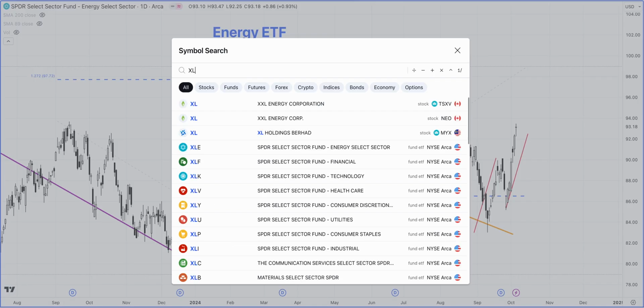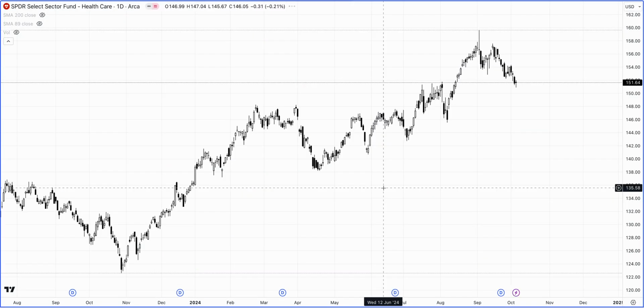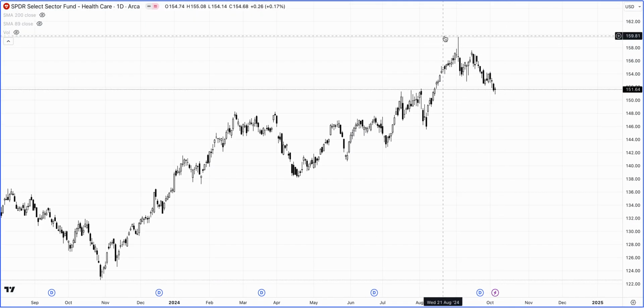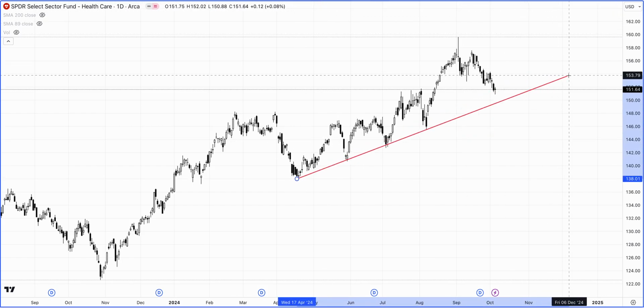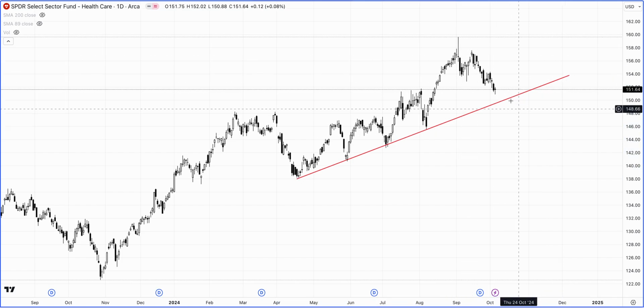Now let's take a look at the financials. I think I'll do a video on it, so I will not touch it. XLK, we had a look at in yesterday's video. Healthcare. So the healthcare has been declining for some reason. I'm not really sure why, but just from a really simple trend line, it's approaching that. So maybe that might act as a fulcrum, and there might be a little bit of a move to the downside on the weekly chart.